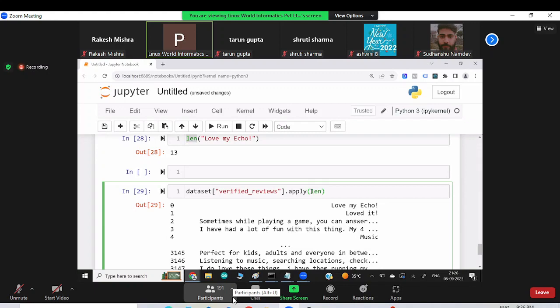You know what it does? It's a quick way to find the length of all the records. It finds the length of this one, this one, this one. Why do we need a length? Maybe in some NLP processing we might use it in the future, but here I'm just giving some examples of pandas.